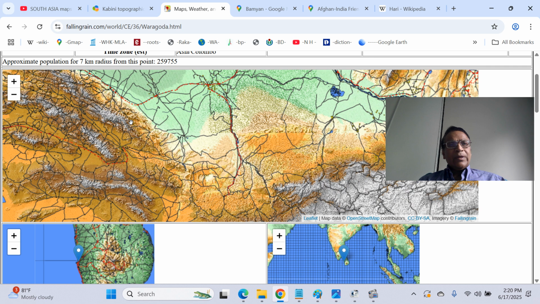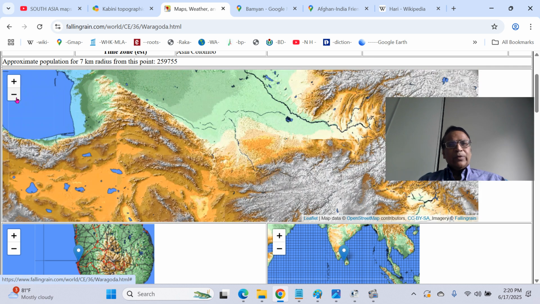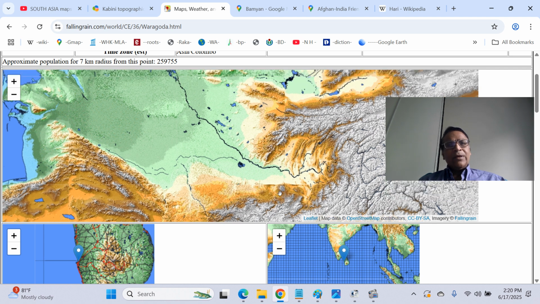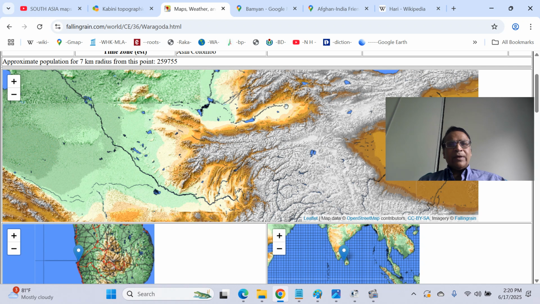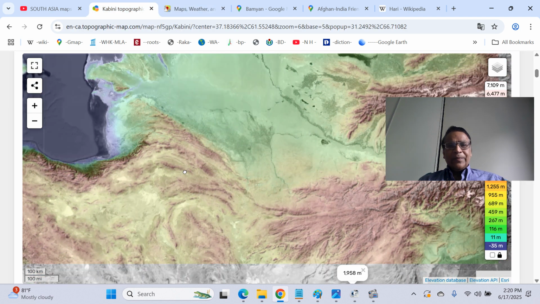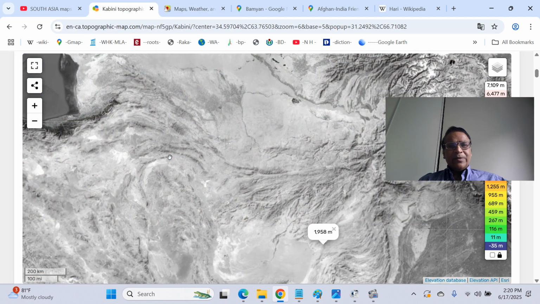So if you zoom out, you can see the transborder city between Afghan Turania, that is Mazar-i-Sharif and Kunduz, those areas, and Balkh and Badakhshan. Termez will be there on the banks of the river. You can see very easily the Fergana Valley. This is the Dushanbe Valley, and so on. So it's a different perspective.